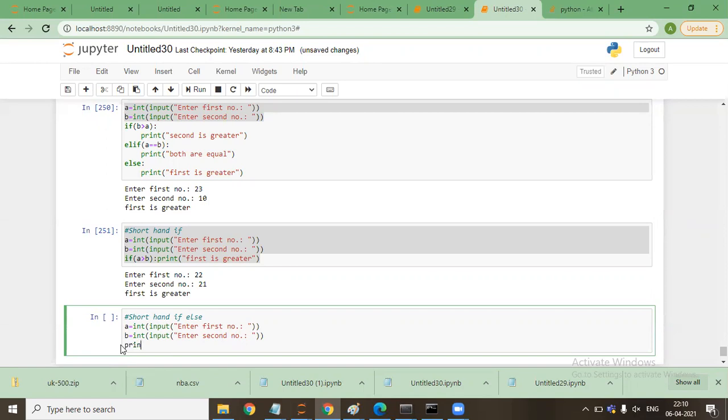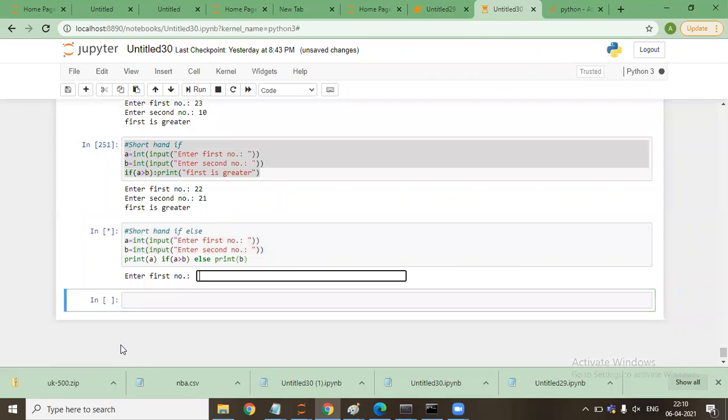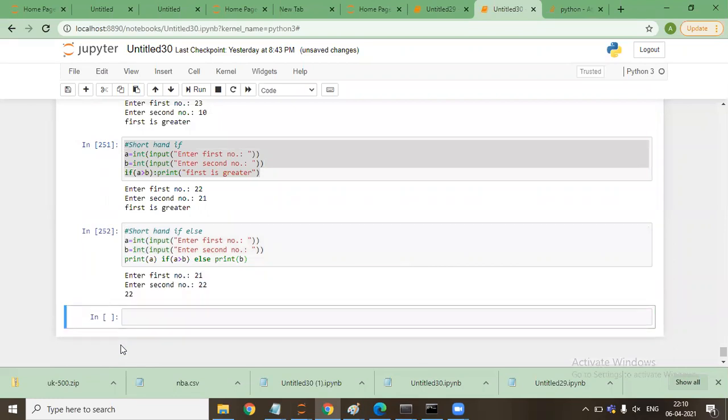I'll say print A if A greater than B, else print B. I'll say 21, 22. It says 22.